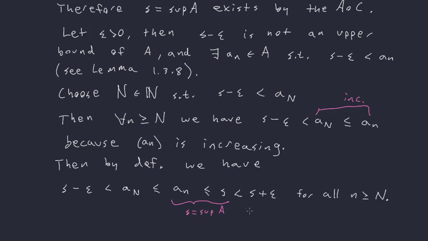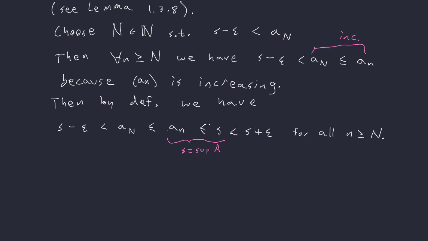Okay, so this may seem a little rough. I'm only going to pick out the pieces that I really care about. Specifically, I'm going to take the s minus epsilon, the a sub n, and the s plus epsilon. So this implies that s minus epsilon is strictly less than a sub n, which is strictly less than s plus epsilon, for all little n greater than or equal to capital N, which implies, well, now I'm going to subtract s throughout. So this implies that negative,